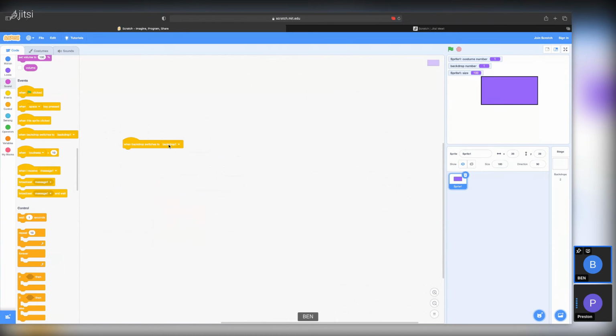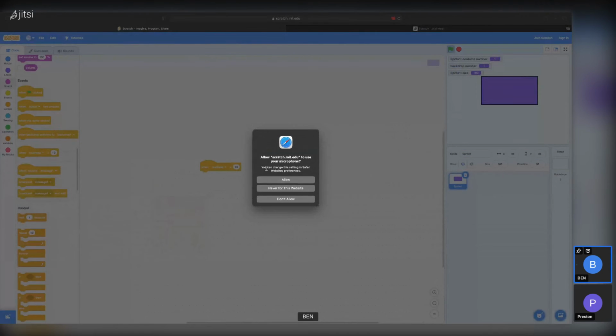Also, I just want to note that you probably can't hear the sound effects, but just know they are working. When the backdrop switches, so if you have a block that switches the backdrop, then when it switches, it'll do this action underneath it. So when loudness,